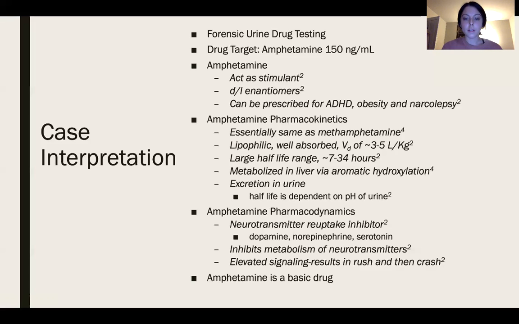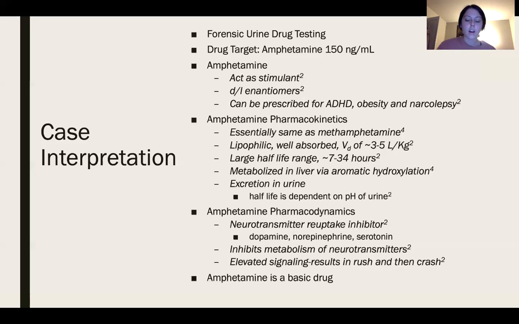So pharmacokinetics of amphetamine. The pharmacokinetics are essentially the same as methamphetamine. They're lipophilic, so they really like lipids, and they're well absorbed, and they have a volume of distribution of about 3 to 5 liters per kilogram. They have a really large half-life range of about 7 to 34 hours, and they're metabolized in the liver via aromatic hydroxylation. And that half-life range is dependent on the pH of the urine. So based off if it was acidic or basic, because amphetamine is a basic drug, in acidic urine it's going to be ionized, it's going to go out of the urine faster, so it'll be excreted faster and have a shorter